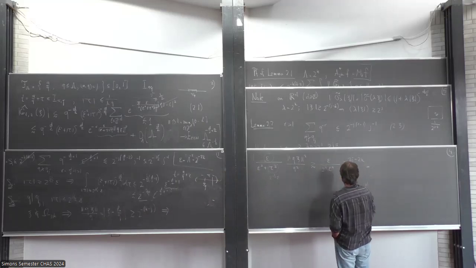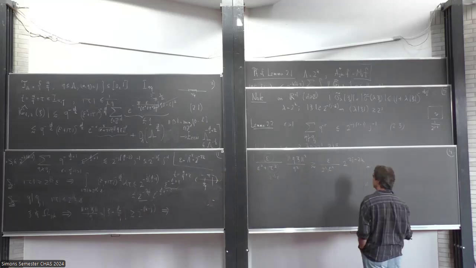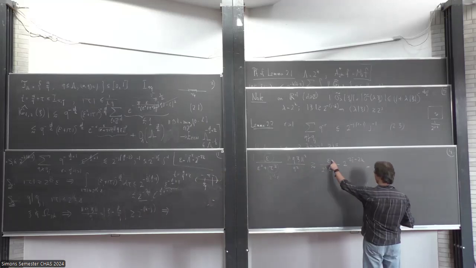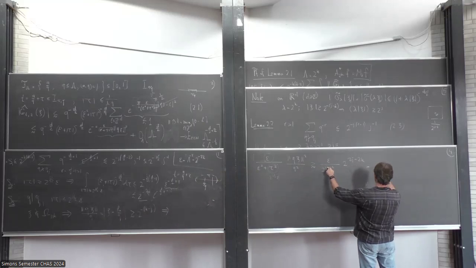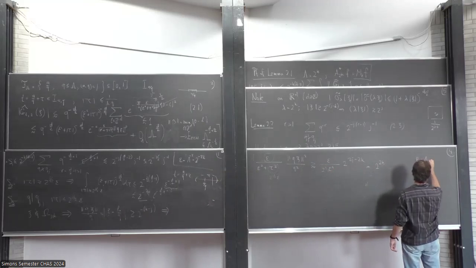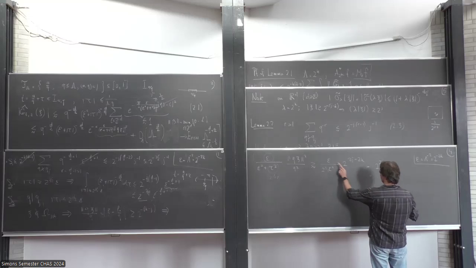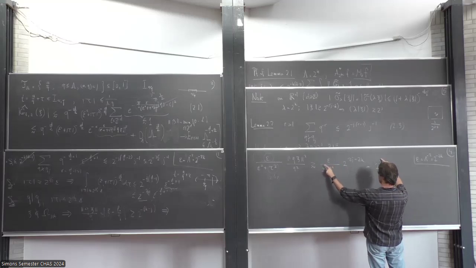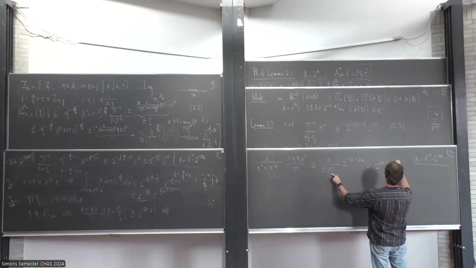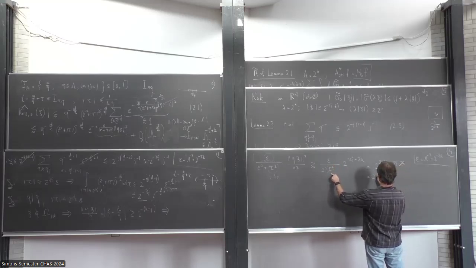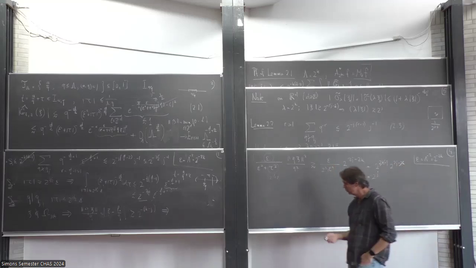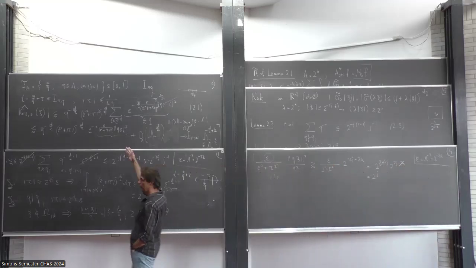So this is epsilon over 2 to the j, epsilon to the minus 1 over 2 to the j, and epsilon to the minus 1 is 2 to the 2k. Remember that epsilon is 2 to the minus 2k. So what we have, epsilon to the minus 1 is 2 to the 2k over 2 to the j times 2 to the 2j minus 2k. So these cancel out and you get 2 to the j. So we get an extremely small term here.